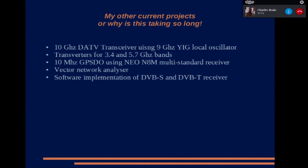Their 1 pulse per second output can actually be programmed to produce a 10 megahertz output, but it jitters all over the place. So you need it to control a temperature compensated voltage controlled oscillator with lots and lots of filtering in the feedback loop if you want to use that for a 10 meg. But I thought that might make quite a good 10 meg reference for my 10 gig equipment when I'm out